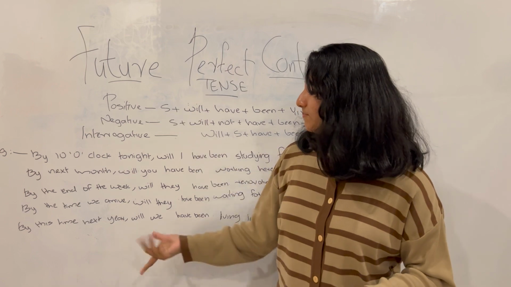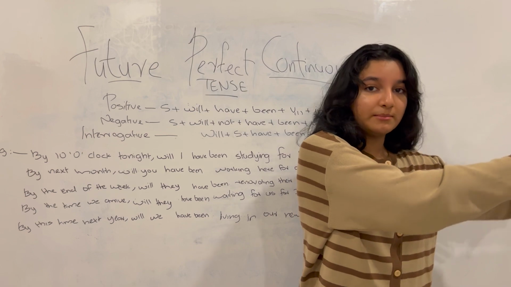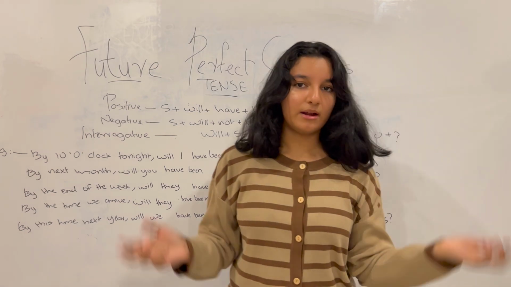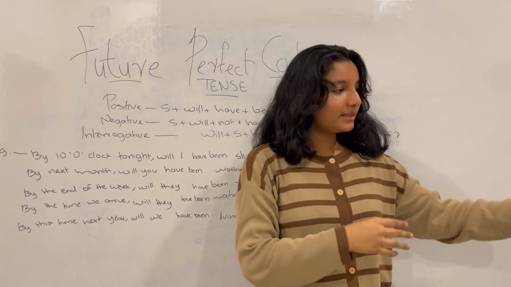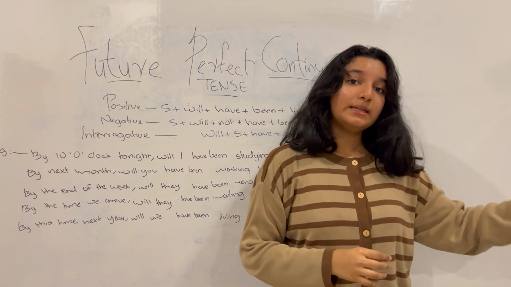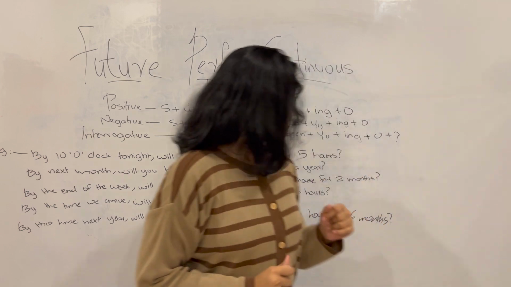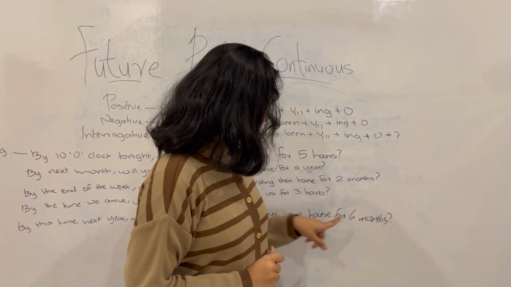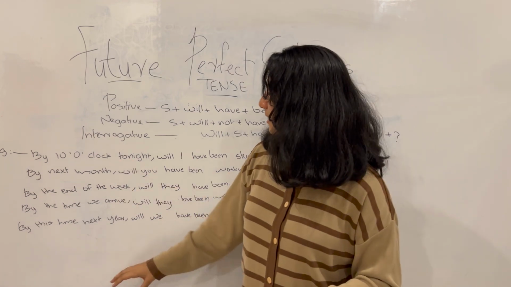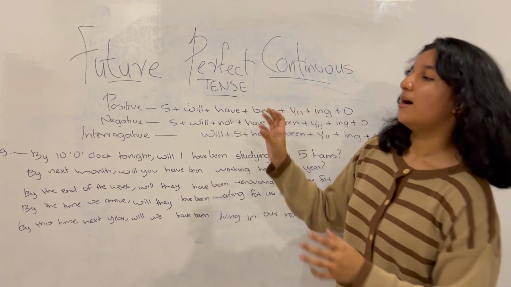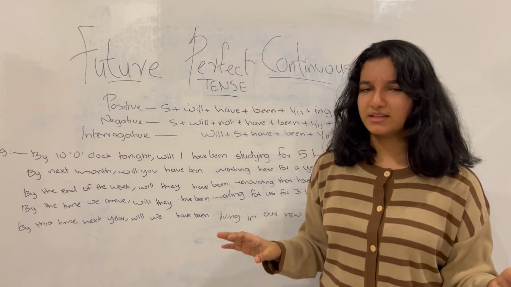So you can see all these questions are saying, in this point of time in the future, this action or event or situation or anything that is going on, by that point of time in the future, will it have been for this certain amount of time? Such as given here, 5 hours, a year, 2 months, 3 hours, 6 months. It is very easy if you just think about it like that. You don't need to worry about these, because it might seem like a very long format, but just think about it like this.